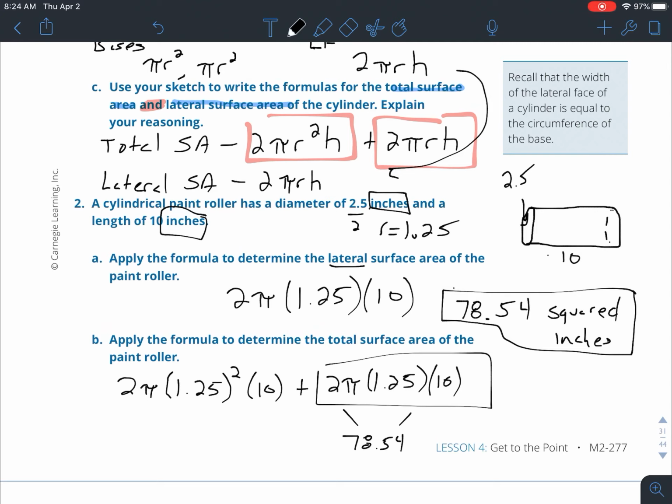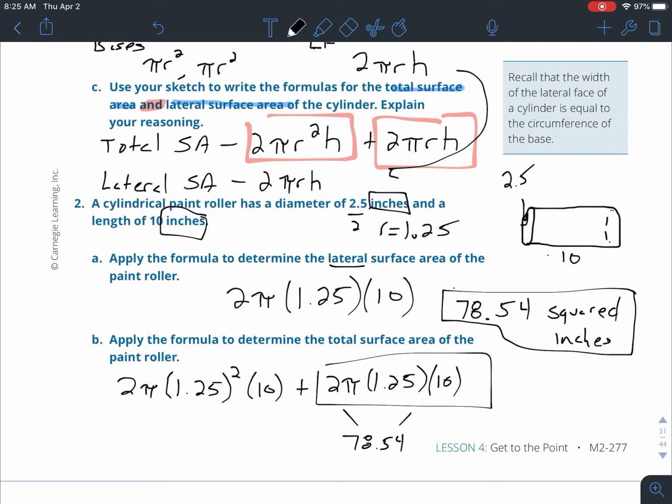You can hit the caret key, which is above the division, and hit 2, which gives you a squared, or just kitty corner to number 7, there's an X with a 2 in the upper right corner. You can hit that, and that will give you a squared as well. Just make sure you hit the right arrow to move over, so you know it's done and you can type in the next part. Then you hit parentheses 10, close parentheses, press enter, and it gives you